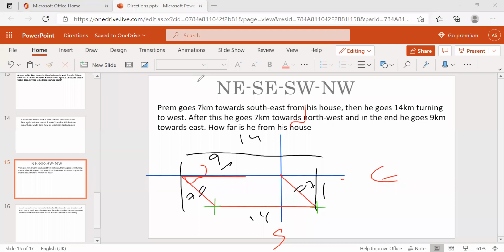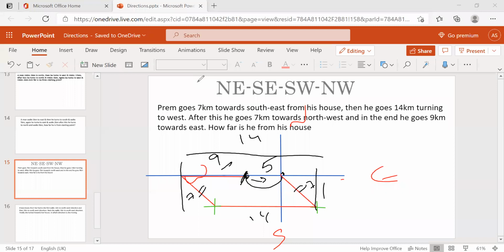And the remaining part, from home to this, right? From home to this, it's nothing but 5 kilometers. 5 kilometers in which direction? From here is the point and the house is here. He's looking like this. Which direction? 5 kilometers east.